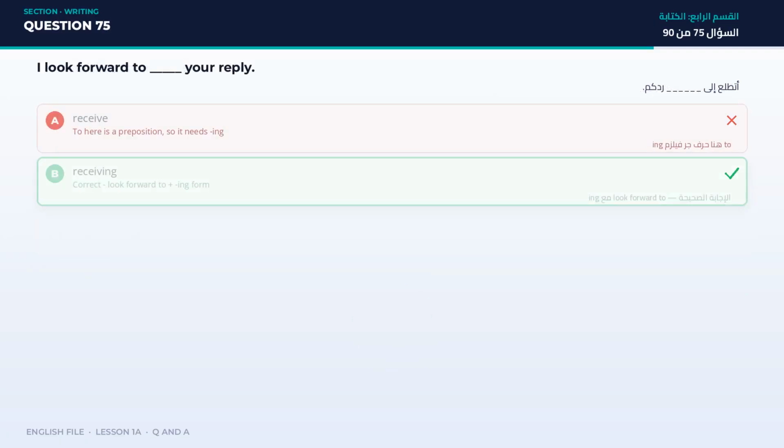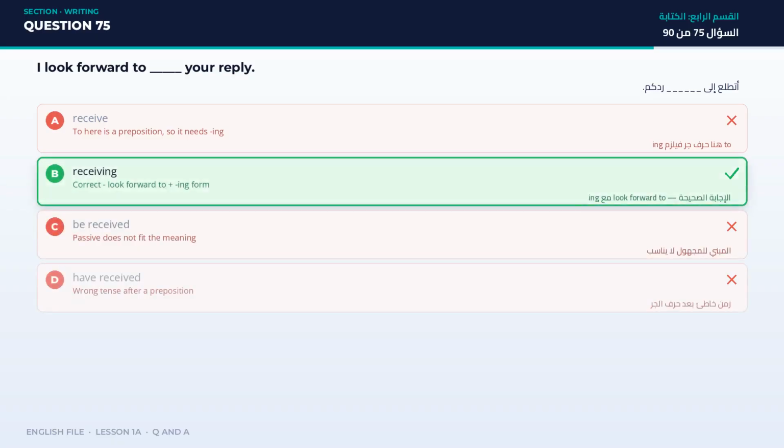Question 75. The answer is B, receiving. Look forward to plus the ing form. Not A, to here is a preposition, so it needs ing. C, passive does not fit the meaning. D,